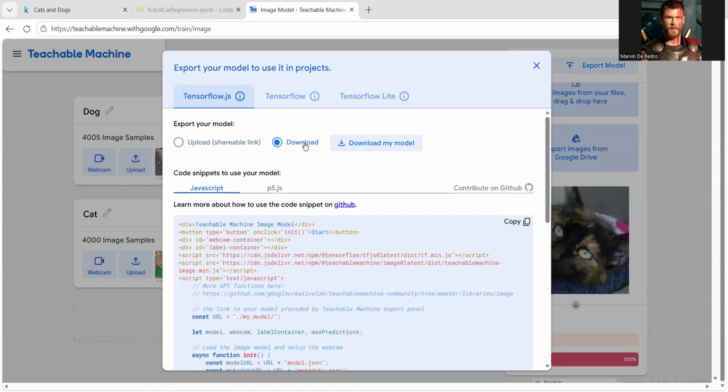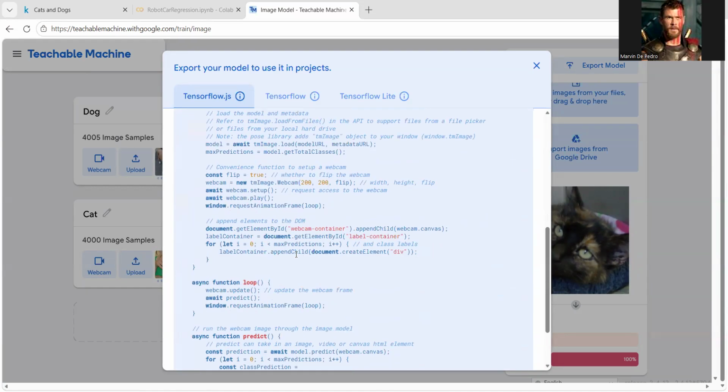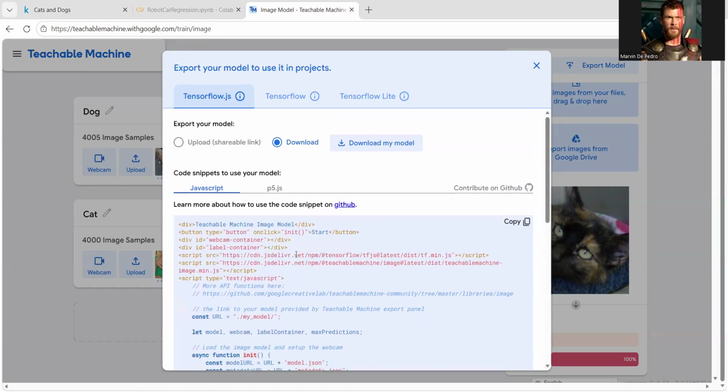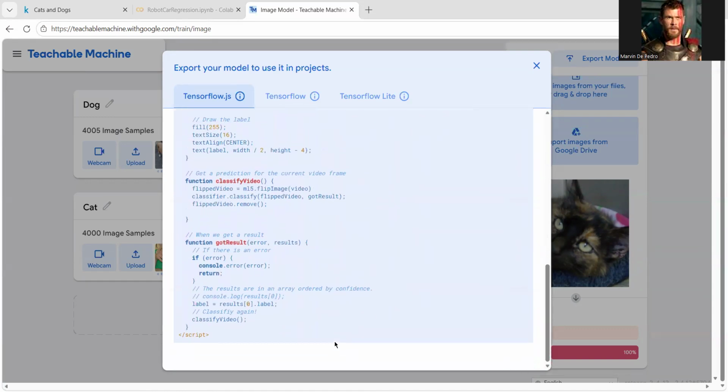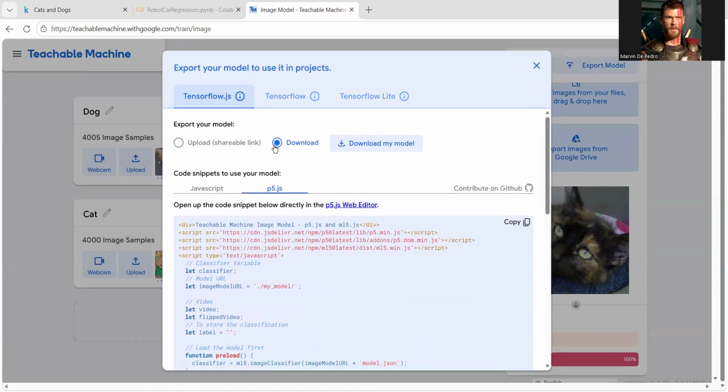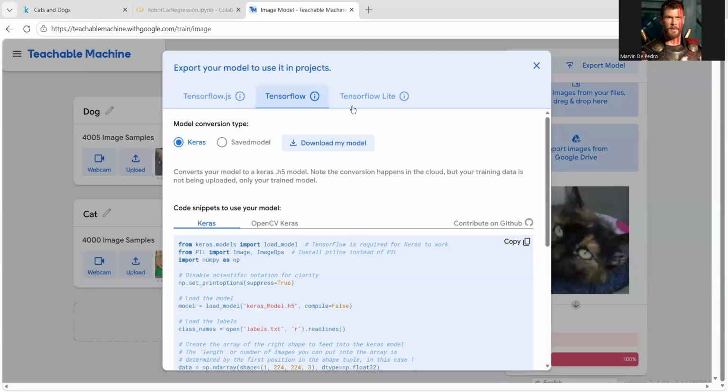I want it to be downloaded as a JavaScript file, especially if you have a web interface for your robotic system, or another JavaScript file, but P5 version for more advanced interfaces, or maybe a TensorFlow code.